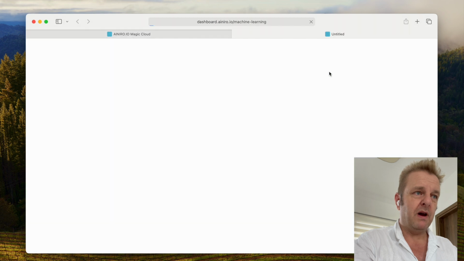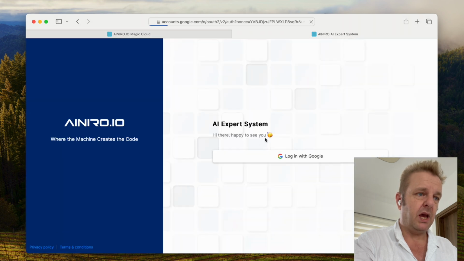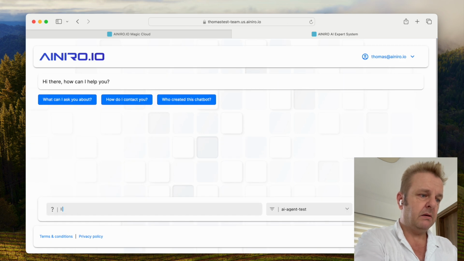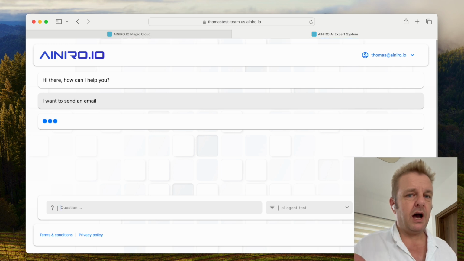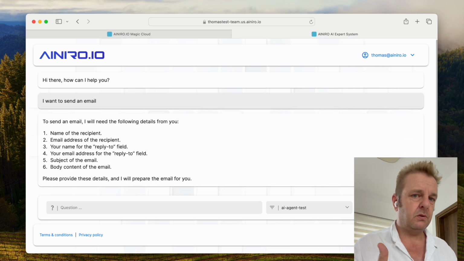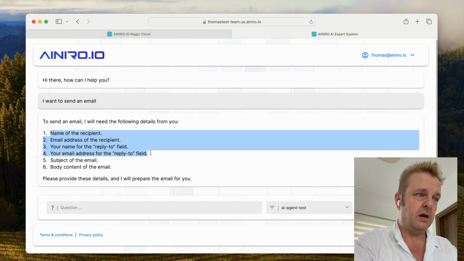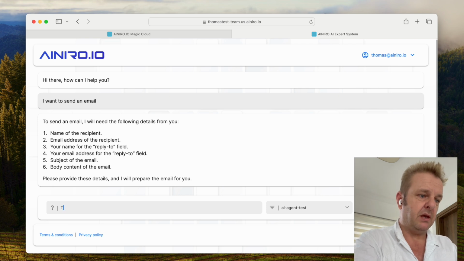Then I open up my front-end AI expert system, I log in, and I tell it that I want to send an email. Then what's going to happen is that the LLM is going to see that it has incomplete data, and that it needs the name of the recipient, email address, reply to, email address for reply to, subject of the email, and body content, okay? Name of the recipient, Thomas Hansen,